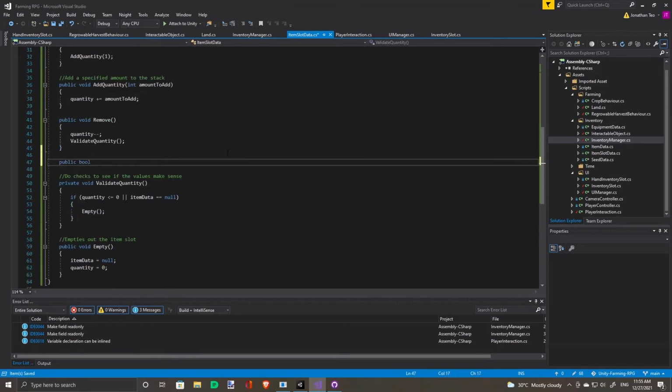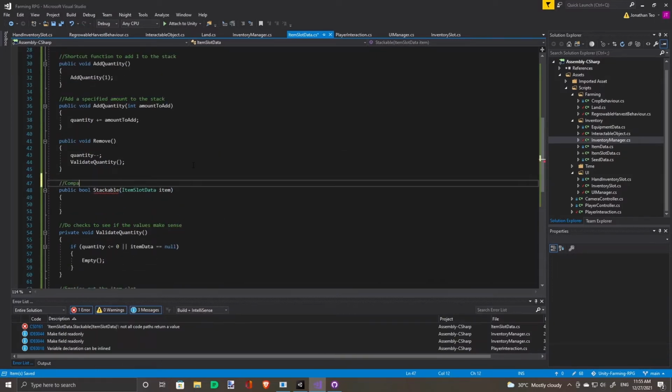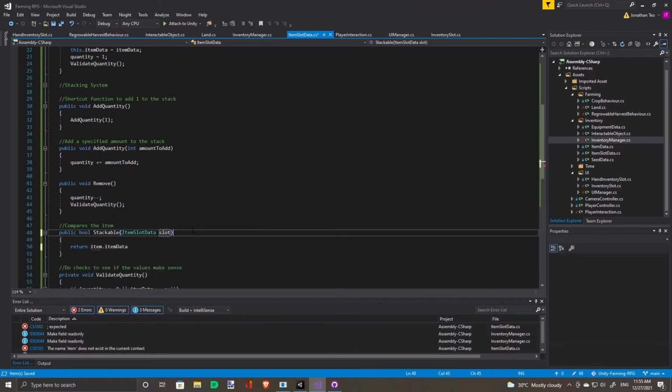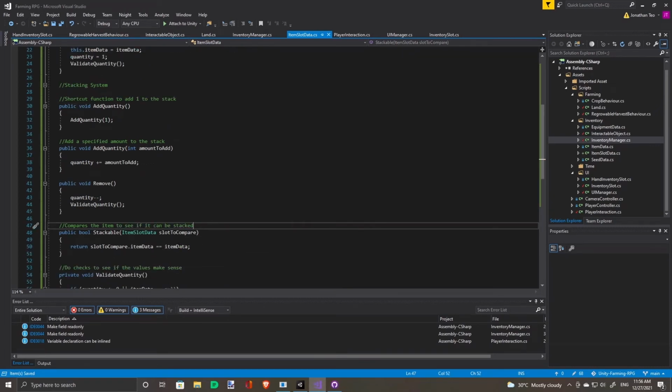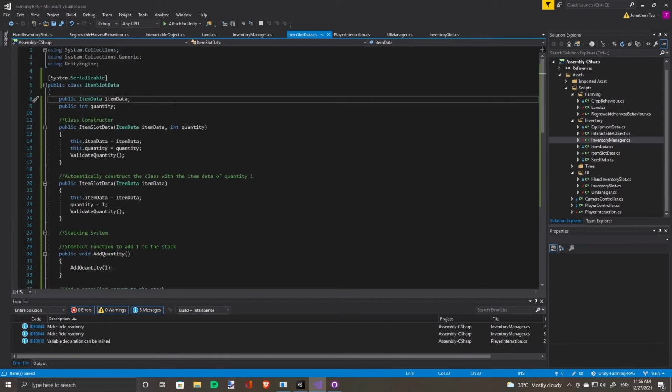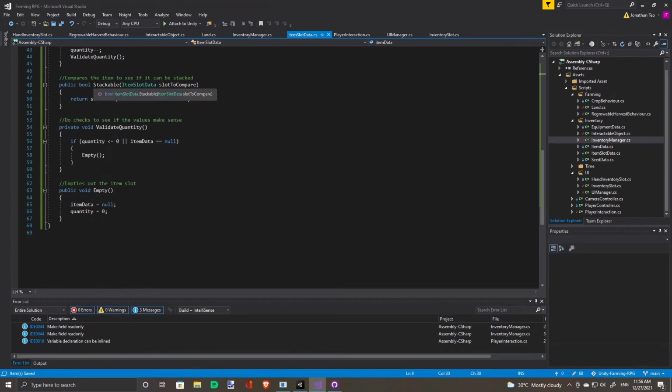Make a Boolean function that compares its item data with the slot. For now, the criteria to determine if the slot can be stacked is if the slot's item data matches our own item data. Right now, there's only one thing to compare, but in future, if you want to add more attributes, such as rating, size, and all that, you can add to this function. So you just add more and more checks. So this is quite scalable.